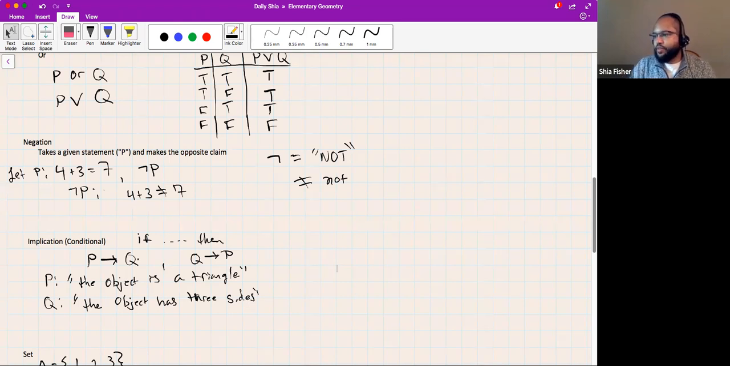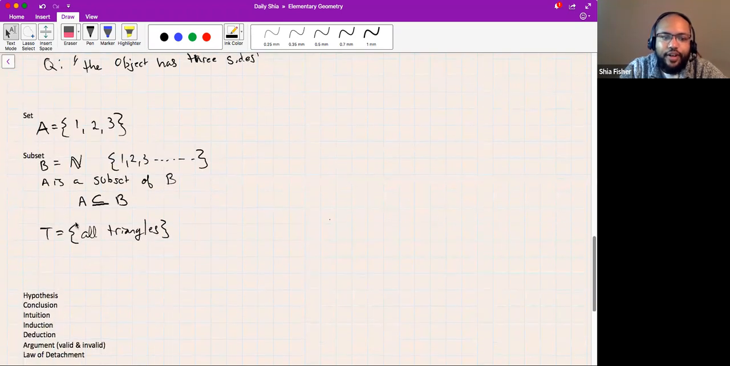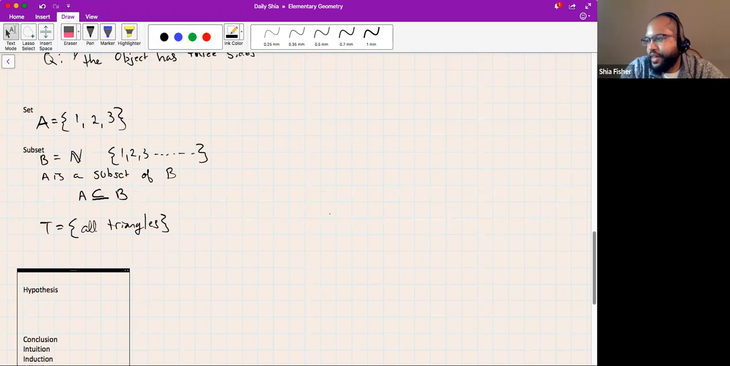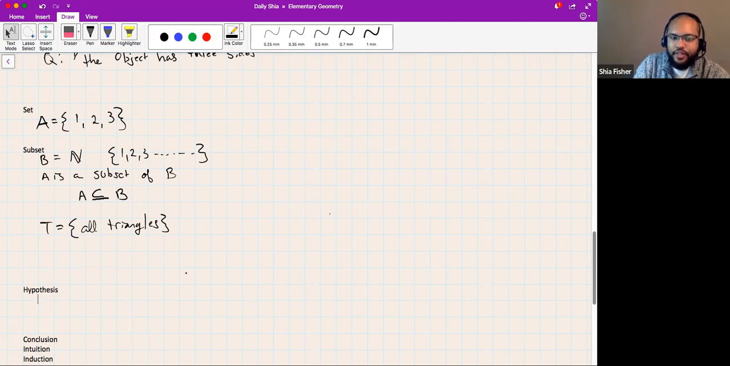And where can we go from here? Hypothesis and conclusion. This is like how we prove things. We're going to prove things in a number of different ways. A hypothesis is the part that you want to test. And the conclusion is how you will evaluate whether or not your test is true. So if the conditional statement is like this, if P then Q,